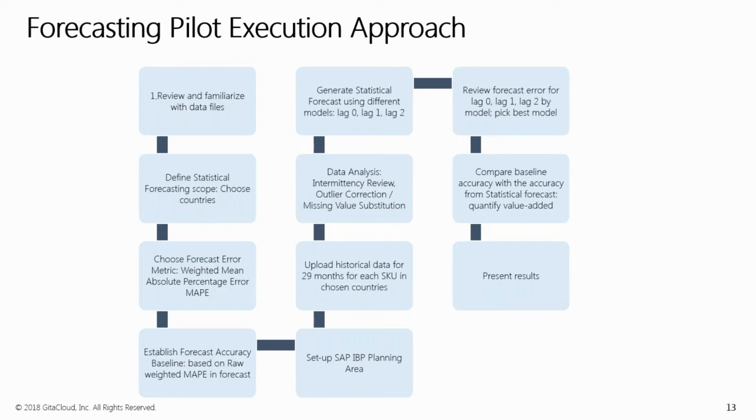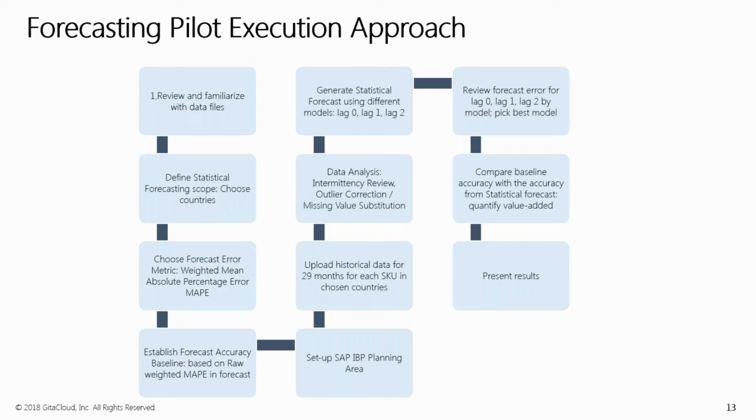Moving on, we established the forecast accuracy baseline. What this means is, as Anand has pointed out in the previous slide, their forecasting is based on hit and miss criteria. But we felt that would not create the right forecast accuracy picture. So we came up with a forecast accuracy for the current way Dabur is forecasting. That's what the baseline forecast accuracy is.